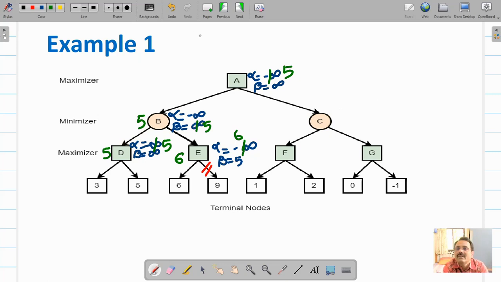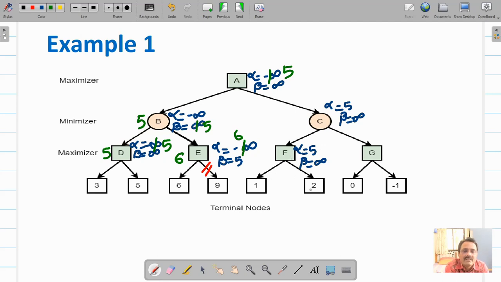So here, node C: alpha is 5, beta is infinity. Here also, in depth first search manner, you have to go. Alpha is 5 and beta is equal to infinity. Now F is a maximizer node. It is getting 1, but alpha is 5. 5 is better than 1, so F will say no, I have a better value.